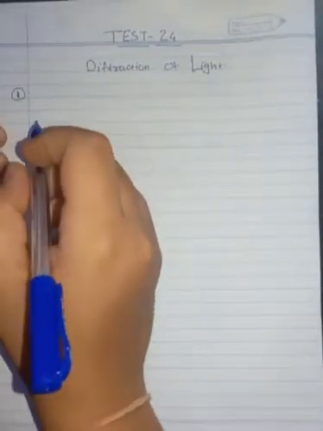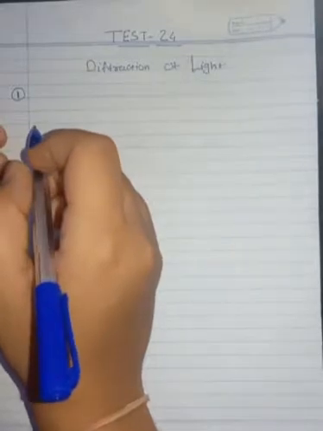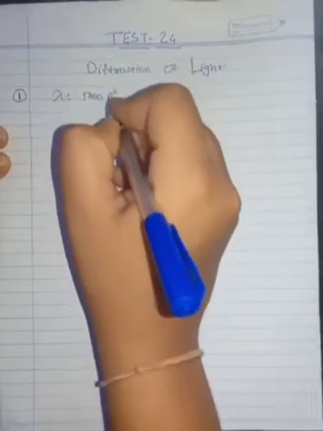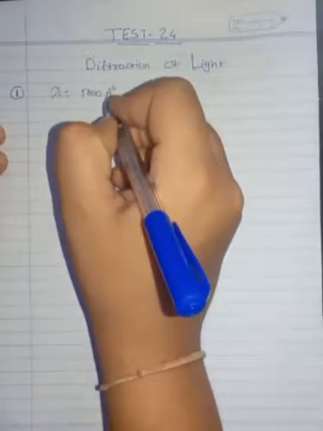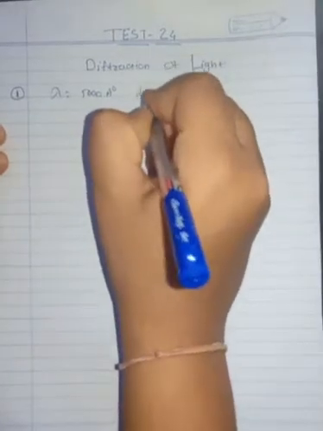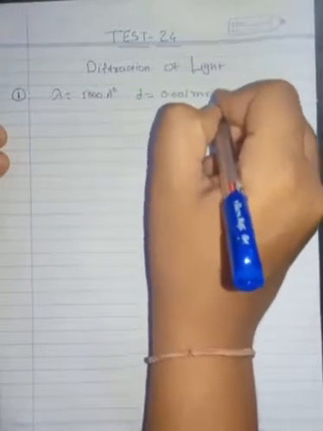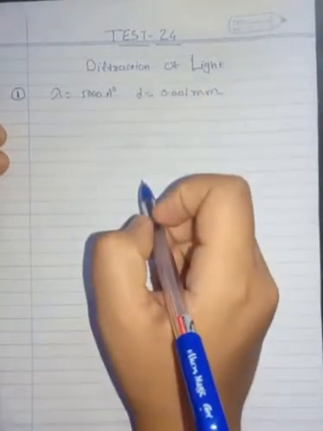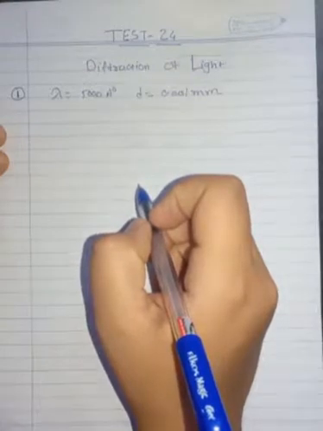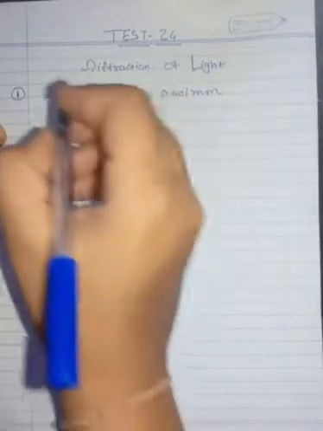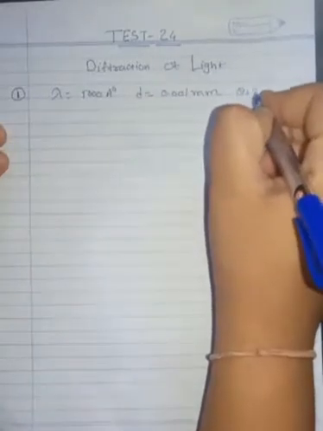it is given that a parallel beam of monochromatic light of wavelength 5000 angstrom is incident normally on a single narrow slit of width d is equals to 0.001 millimeter. The light is focused by a convex lens on a screen placed on the focal plane. The first minimum will be formed for the angle of diffraction equal to. We want to find here the angle of diffraction.